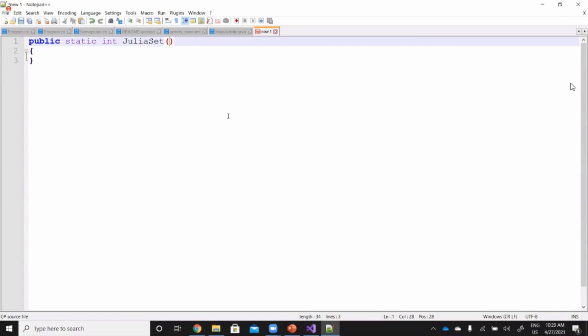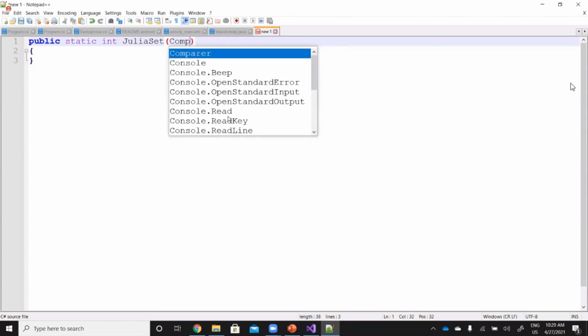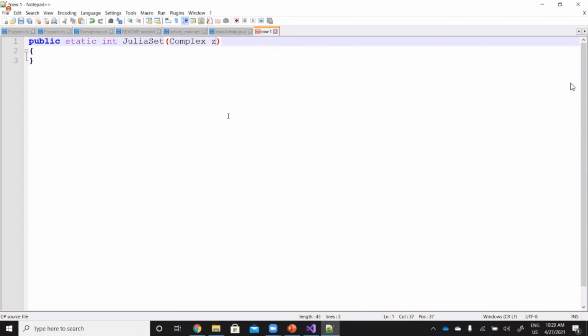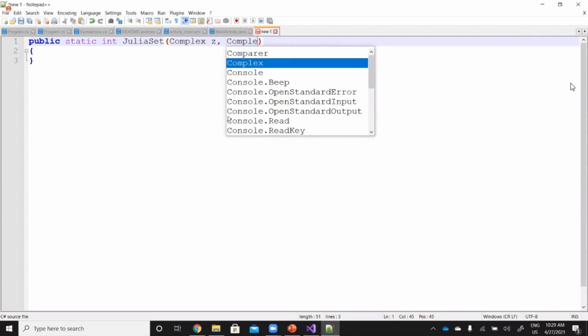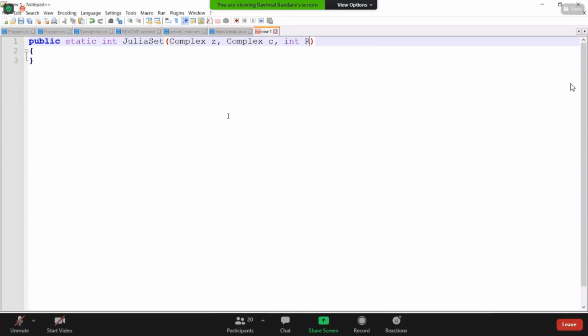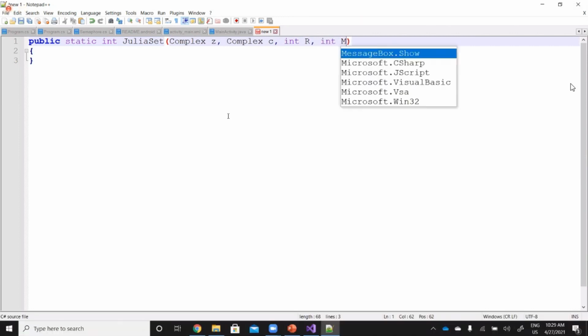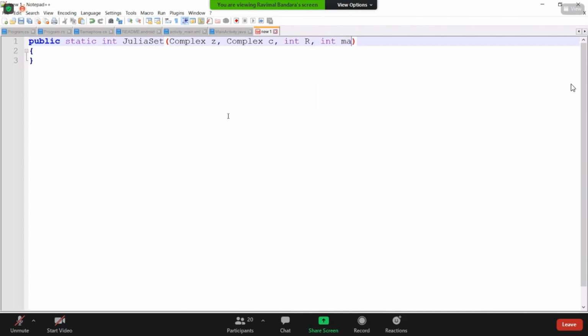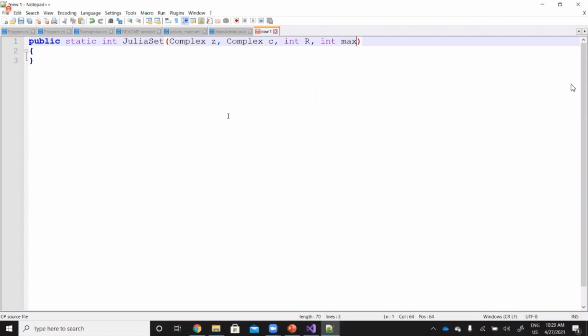So here you are sending complex z, complex c, and integer radius, and integer max iterations, right? This is what you have to write.